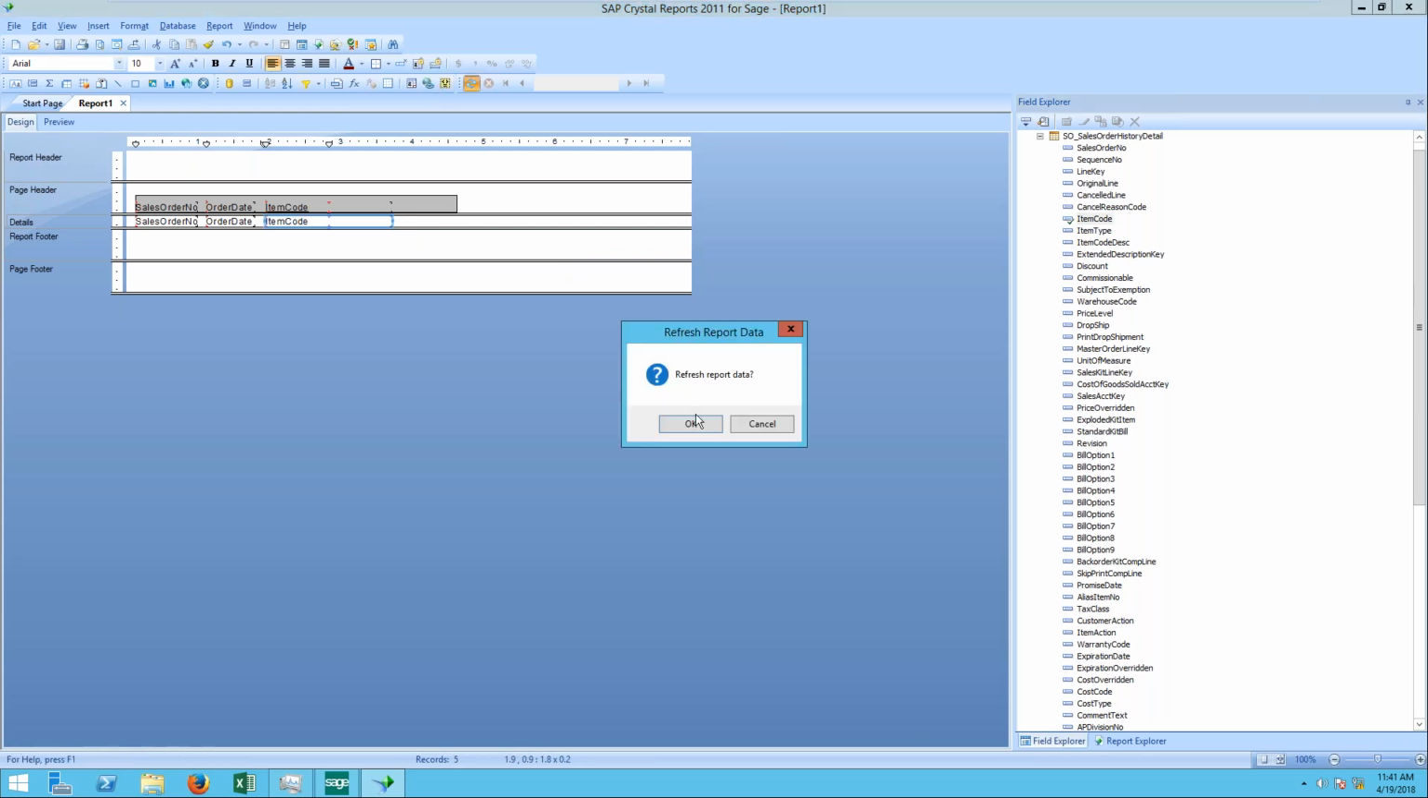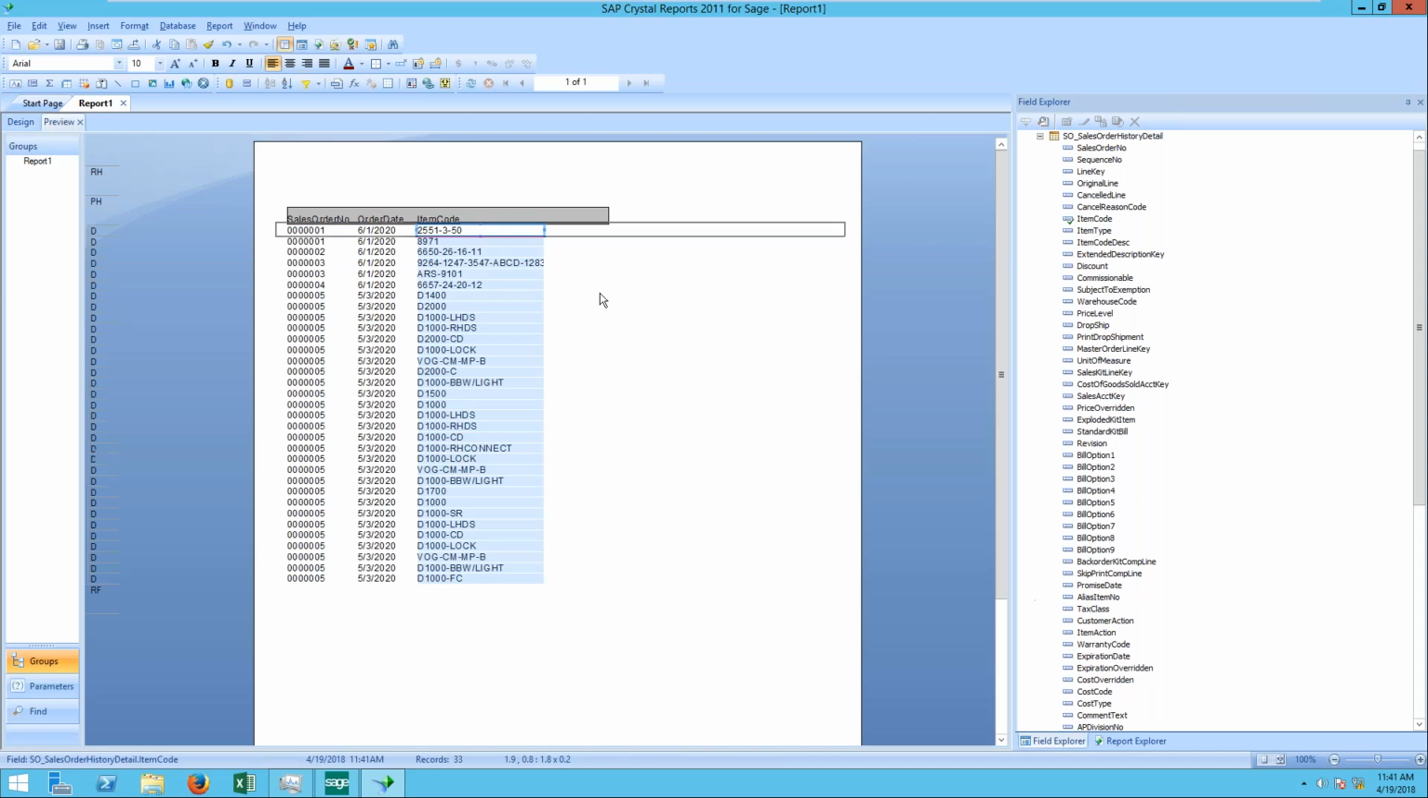I just want to make sure that we've got some good data in there. So we get a refresh report data prompt, and it's just asking if you'd like to refresh and pull in the new data. So you can see here on this line, I've got one sales order and another sales order, or the same sales order, two different lines. So there's two detail items on that line. You're going to get double lines. If this happens,